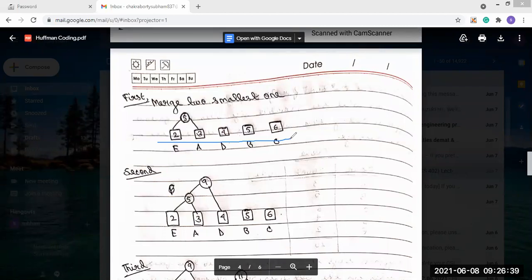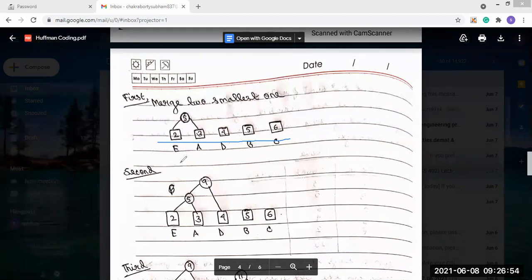After that, we have to find the 2 minimum elements from this. If you see between 2, 3, 4, 5, 6, the 2 minimums are 2 and 3.